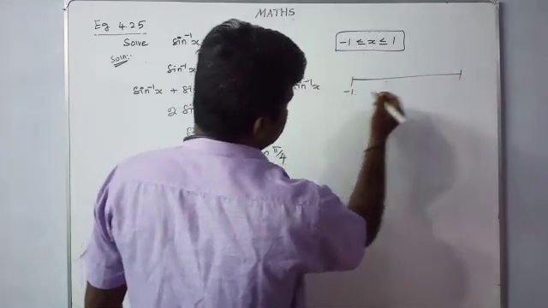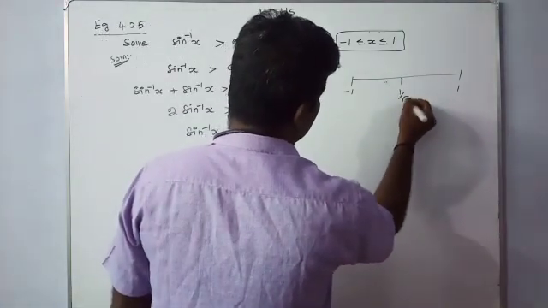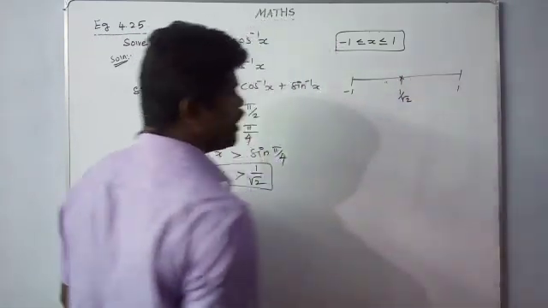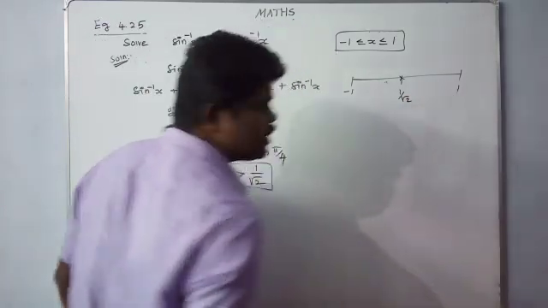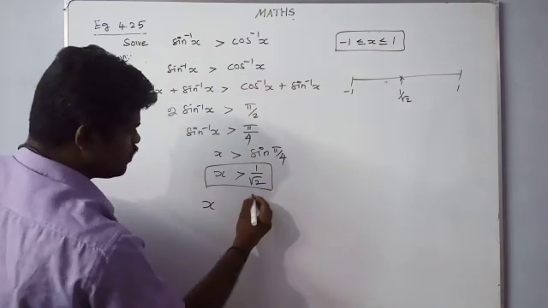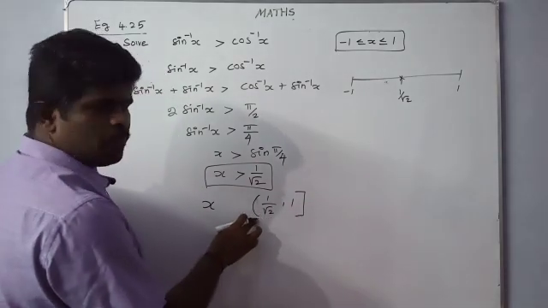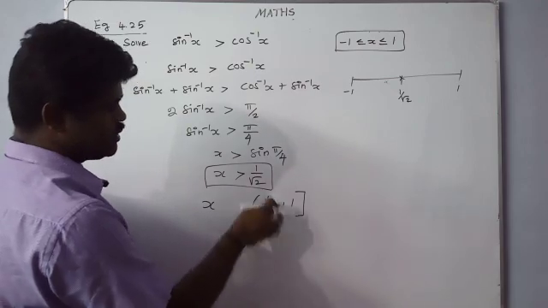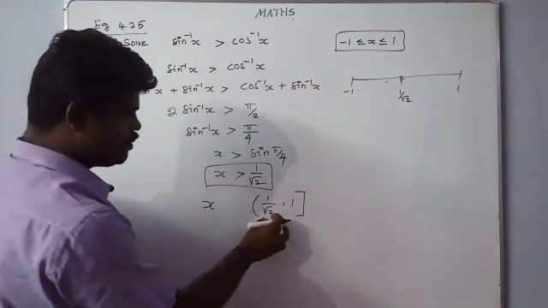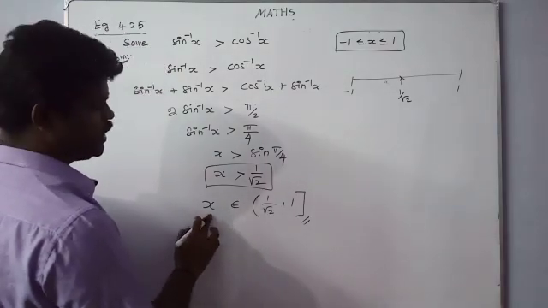Here the domain of x is minus 1 to plus 1, so x only satisfies values from 1 by root 2 to 1. Since it is only greater than, we cannot take 1 by root 2. So x satisfies the interval from 1 by root 2 to 1: 1 by root 2 is open, because we don't take it, as x is greater than 1 by root 2, and 1 is closed. That's why we write the open interval 1 by root 2, comma 1. This belongs to the x value. Okay, this is the required value.